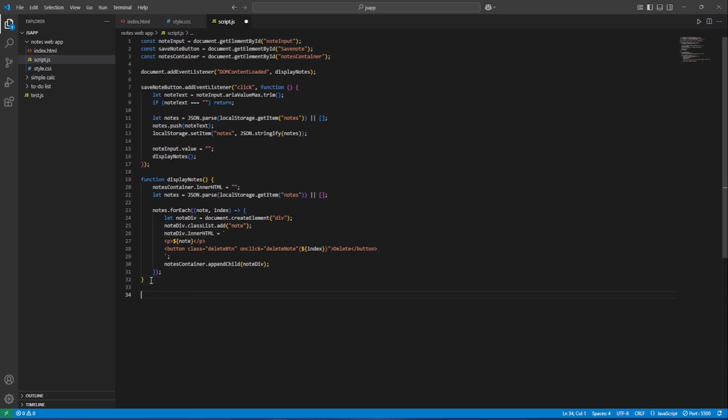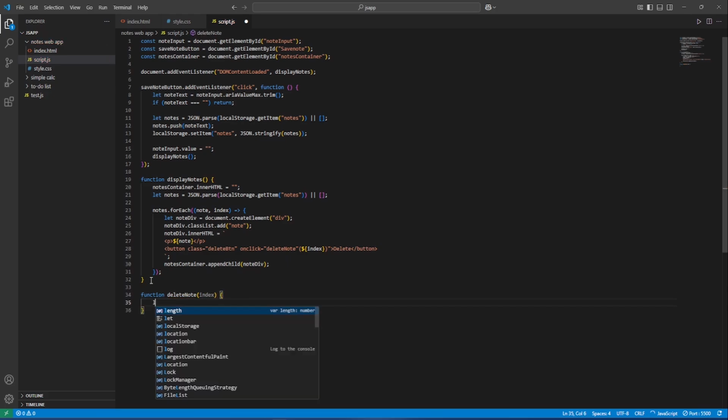Now we're going to create the last function, which is going to put the logic of the delete note. So start off with the function again. Now function, put in delete, which is going to be deleteNote. So put in deleteNote, open up the parentheses and define the index. Open up the curly bracket. I'm going to put in let